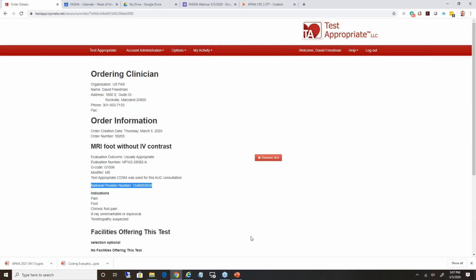As you can see, it can be created pretty quickly, and it's able to be printed up and scanned in the patient's record, and also a copy given to the patient so they can take it to the radiology facility. And that goes over test appropriate. When you're done, you just log out, and then you're done with this